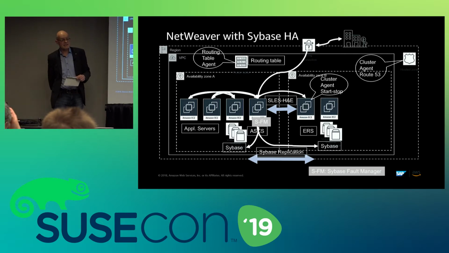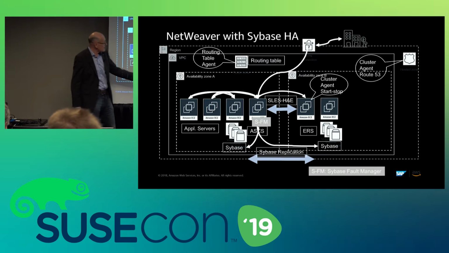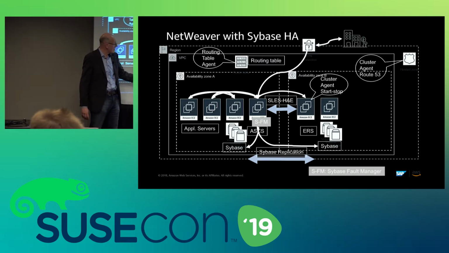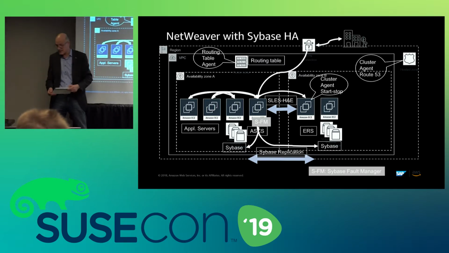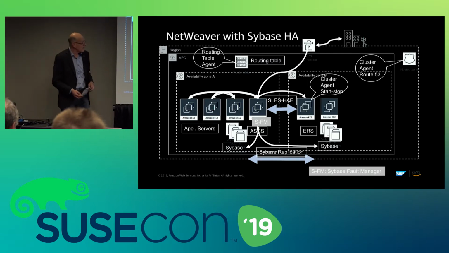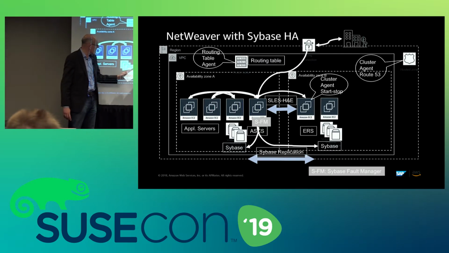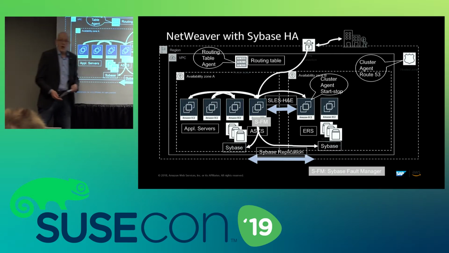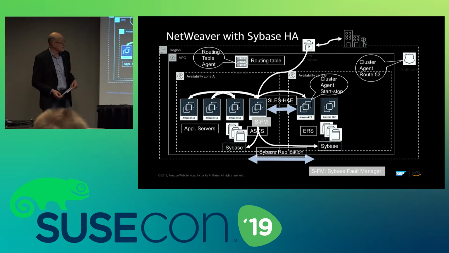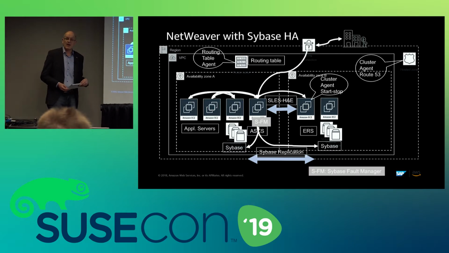We don't have shared disks. Our customers have been asking for this solution. The solution needs, I think, a maximum of 2-page documentation, which is going to be out there as well in 4 to 8 weeks. The idea here is Sybase has a replication mechanism the same as HANA, and SAP can make the Sybase database redundant on their own. They replicate the state automatically, and this is their own HA solution.